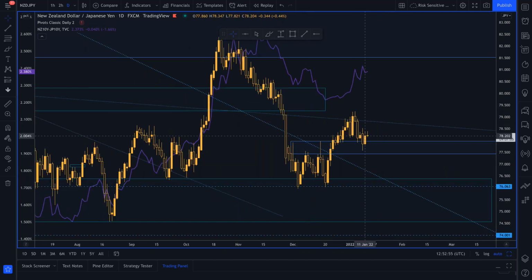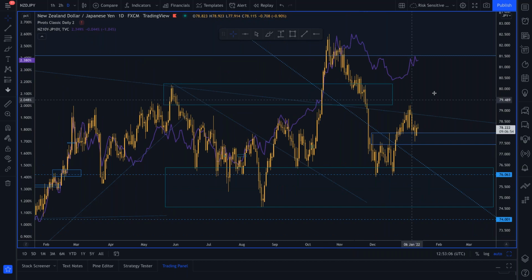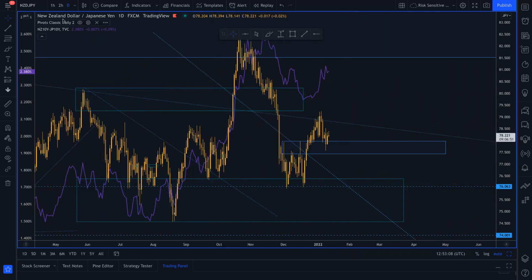I've got an order in market here. It stops below 77.50, and I've got another order in around the 76.50 region, stops just below. So I do think over time, look, the RBNZ is expected to raise interest rates to 2.6% by the end of 2023. Bank of Japan expected to keep interest rates on hold for the foreseeable future. So this pair does make sense that it should be finding some medium-term upside, but you've got to find places